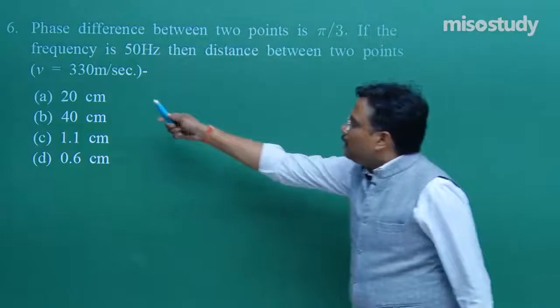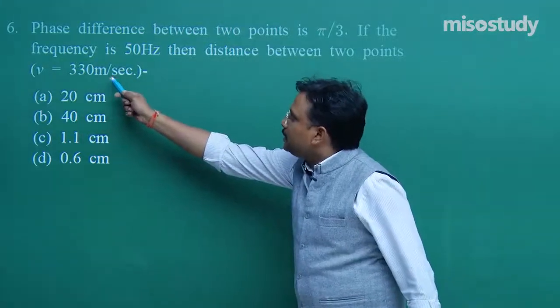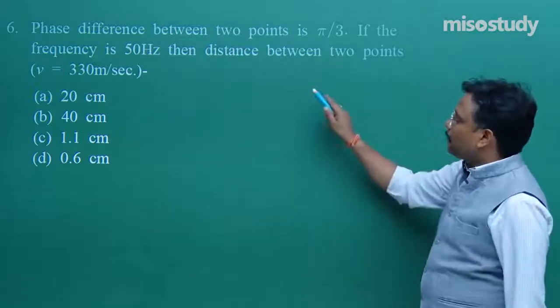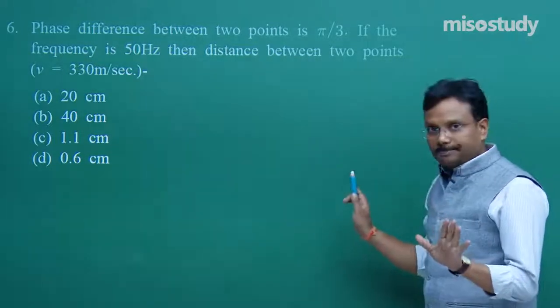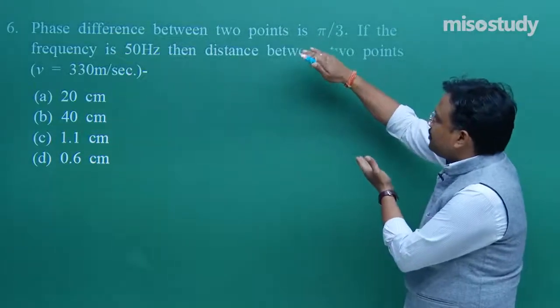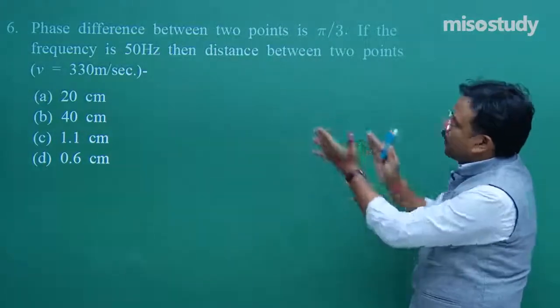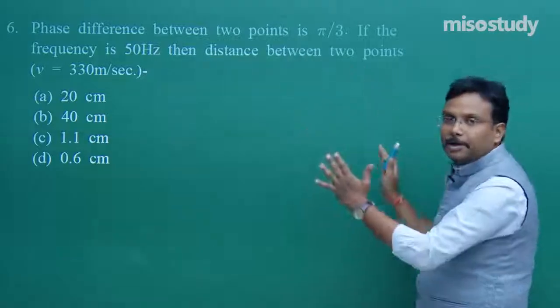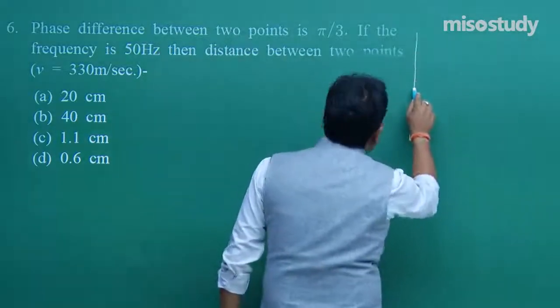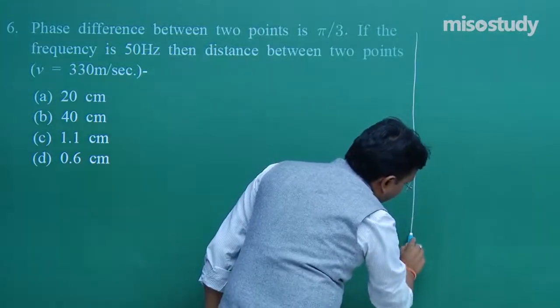While velocity is 330 meter per second. Let me write down the formula. After that I will pick up these lines again and try to fit the values as given in the problem in that particular formula. Fine. So what is the formula which you are supposed to use? That is,